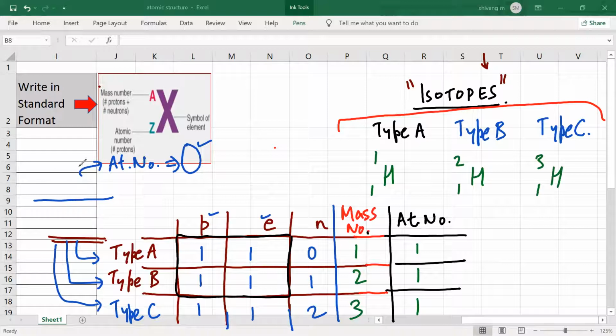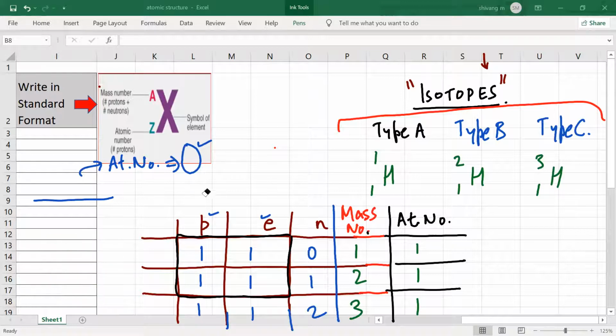So I have a question. Yes, sir. Tell me. So all the type A's are the neutral ones, now? Sir, this type A, type B, type C is just what I am writing. So what you can say is that there are only 3 isotopes. This word is mine. This is not a technical word.